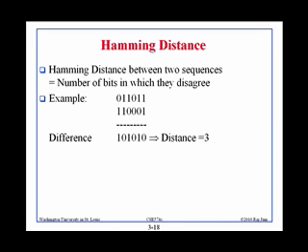So basically, what we do is we do exclusive OR of what was sent and what was received, and then we count how many ones are there in that exclusive OR. So we sent this, we received that, we do the bitwise exclusive OR. There is no carry here, right? And then we count the 3 ones. Those are the 3 bits in error,